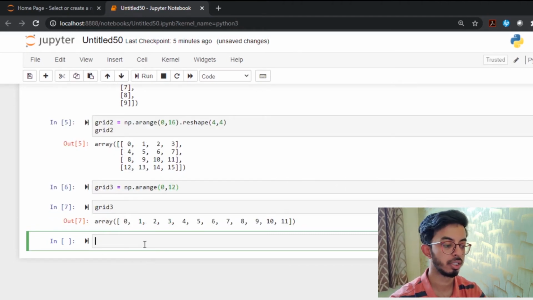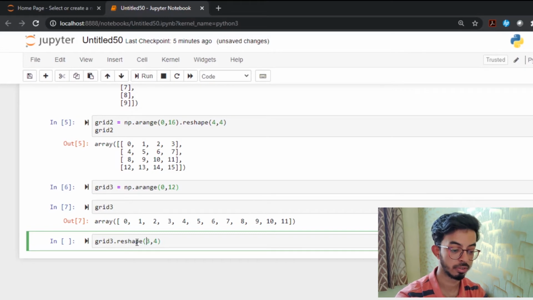So this is how grid 3 looks. It has 12 elements. We want to reshape grid 3 to 3 comma 4, but you need to give these in braces.